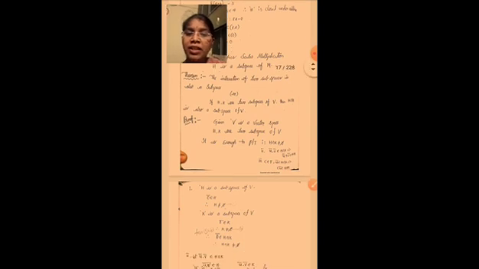One theorem is there here. The intersection of two subspaces is also a subspace. This is also important for short answer. So see here, the intersection of two subspaces is also a subspace, that is, if H, K are two subspaces of V, then H intersection K is also a subspace of V.